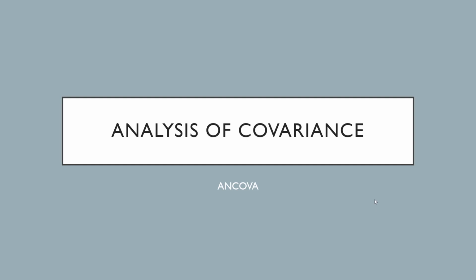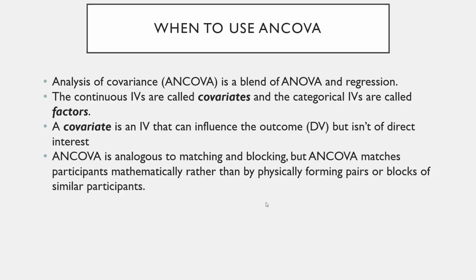All right, analysis of covariance, ANCOVA. Analysis of covariance is a blend of ANOVA and regression. The continuous independent variables are called covariates, and the categorical independent variables are called factors. A covariate is an independent variable that can influence the outcome, the dependent variable, but isn't of direct interest. It's analogous to matching and blocking, but ANCOVA matches participants mathematically rather than by physically forming pairs or blocks of